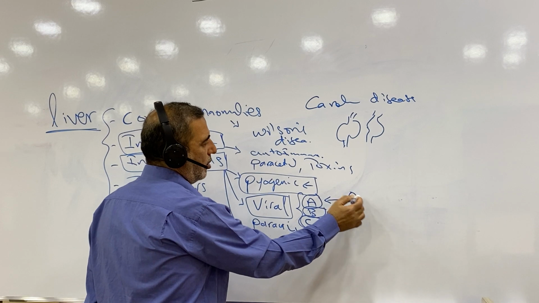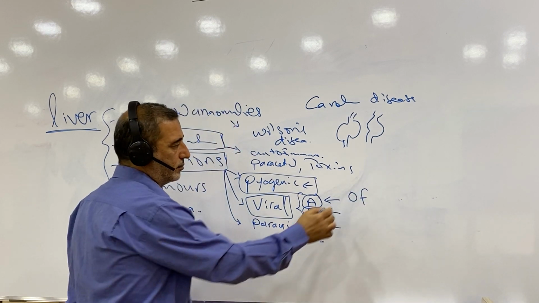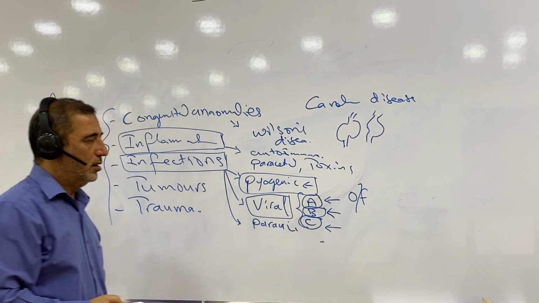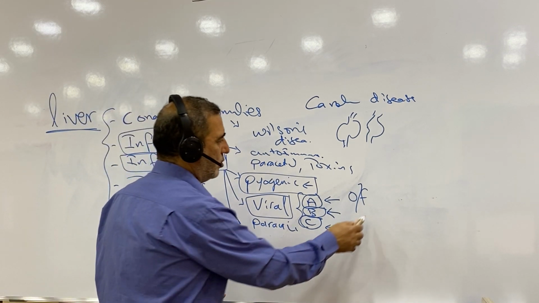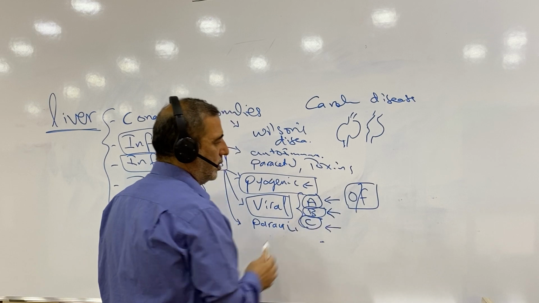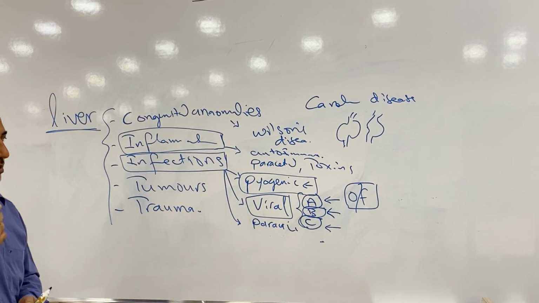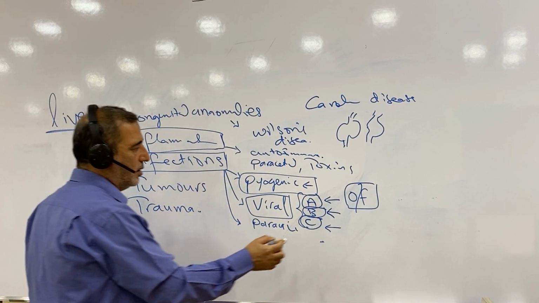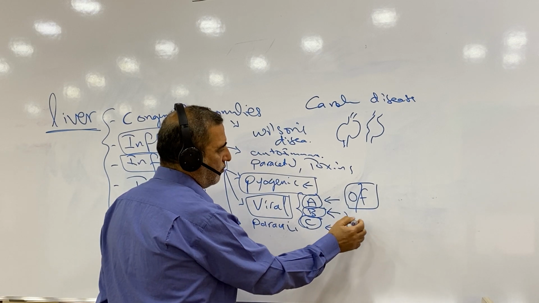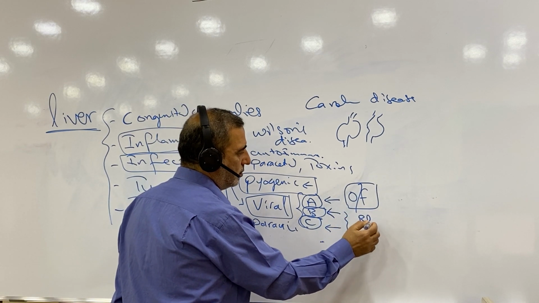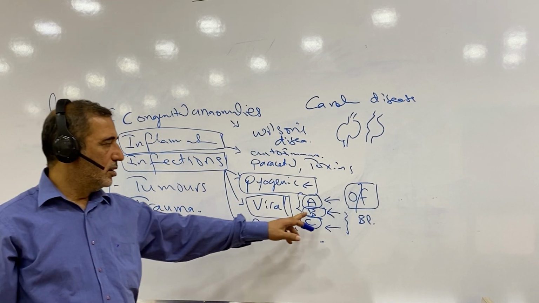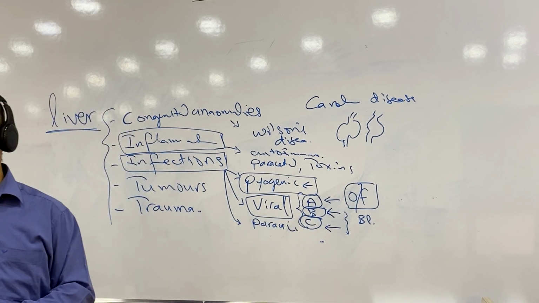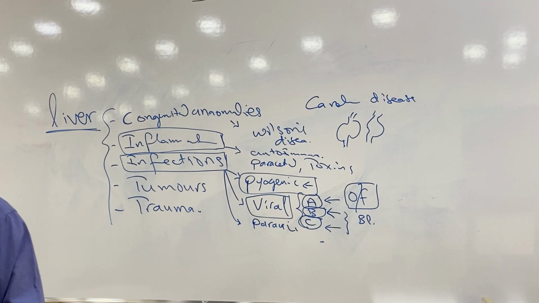A, orofecal routes. Hepatitis A is through orofecal routes, comes from the mouth, while B and C, it is from the blood transmission or through the circulation. This viral infection occurs mostly in patients who are using drugs,